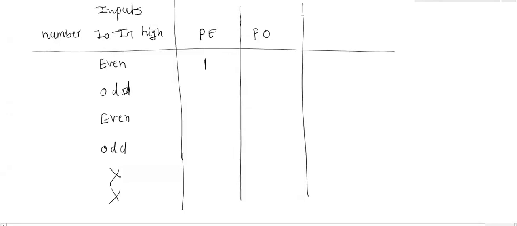Here we are giving inputs to the 74180: I0 to I7, the even parity bit and the odd parity bit. Try to understand the truth table. When I0 to I7 have an even number of ones, the even parity bit given as input is 1 and the odd parity is 0, then the outputs, summation of E and summation of O, are 1 and 0. Clear? Even number of ones and even parity 1, then the output is 1. That is the summation of E.